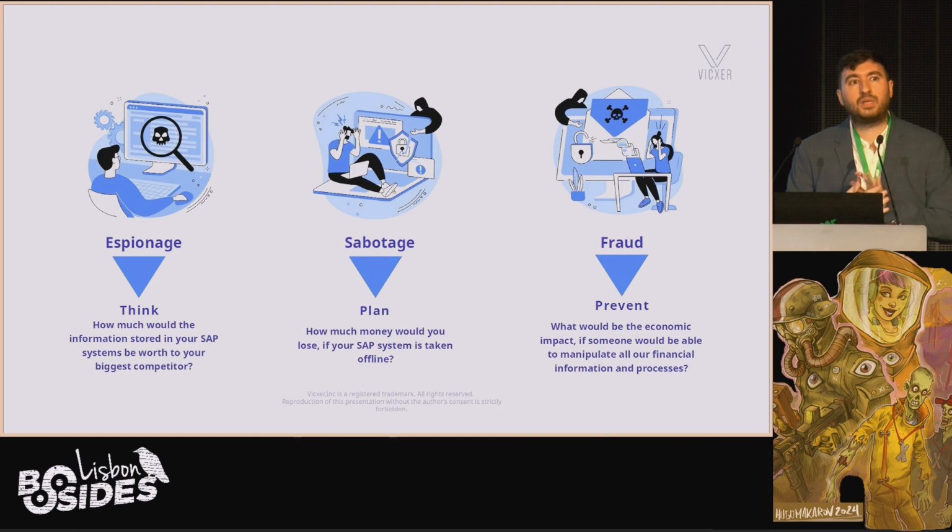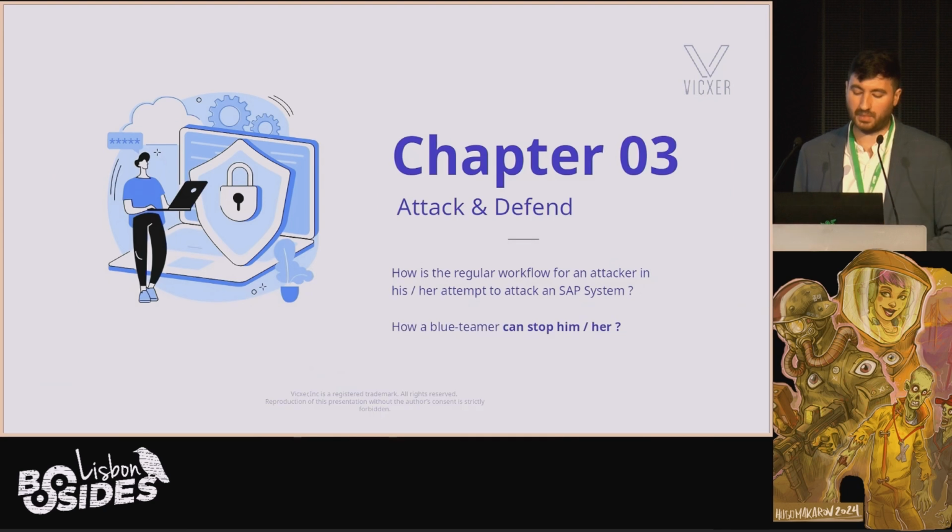Sabotage. SAP is very often also connected to the line of production. And if the SAP system goes down, you lose the tracking, and you might need to throw away some of the production. It happened to us when we were working with a customer that pretty much manufactured yogurts. In order for them to be able to guarantee the validity of the yogurts that are not spoiled, they needed to be running with SAP 24/7. If not, they need to throw away the entire production. And finally, fraud, the most common one. I have seen it all here, like people creating 2 employees, getting 2 salaries, etc. It's very common. It's the most common type of attack that you see in SAP.